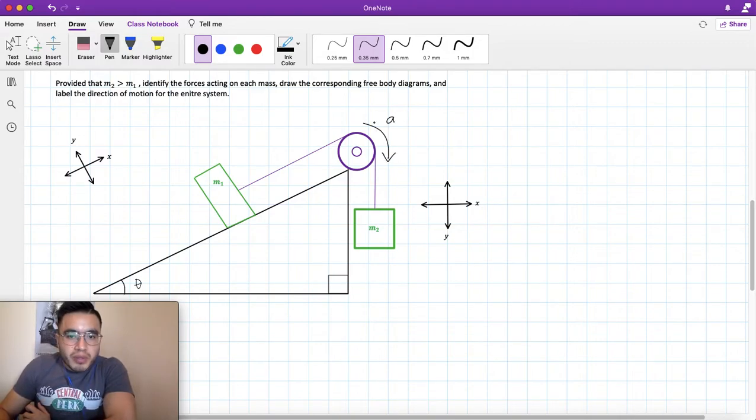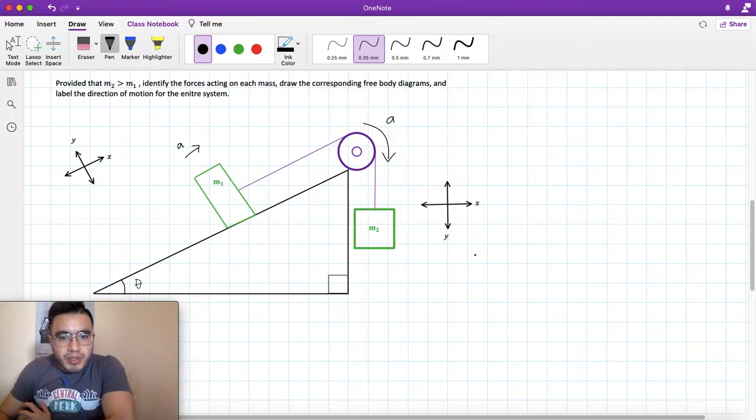So we're going to label acceleration going down as positive. That's why I have my coordinate plane over here for mass 2. And mass 1 is going to move kind of like northeast, so that'll be our positive x direction. Don't forget we select positive based on the natural direction of the system, so like this. Therefore we can have an acceleration like that, positive.